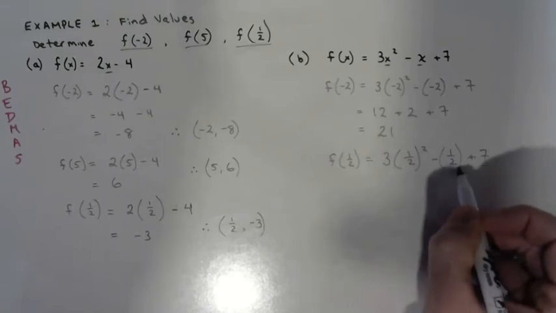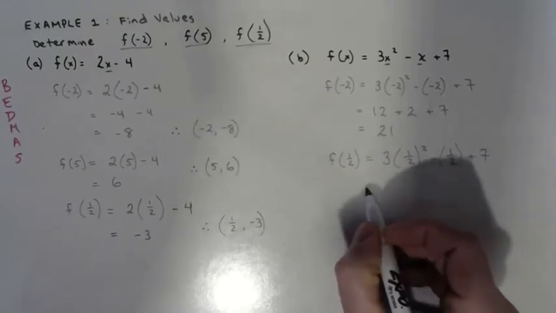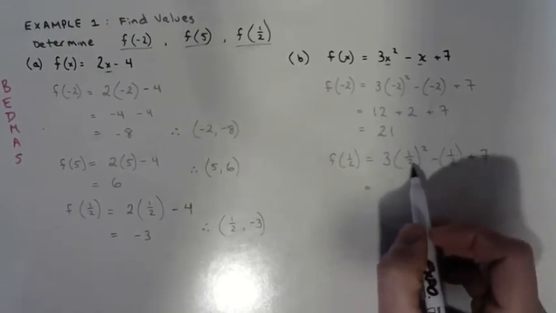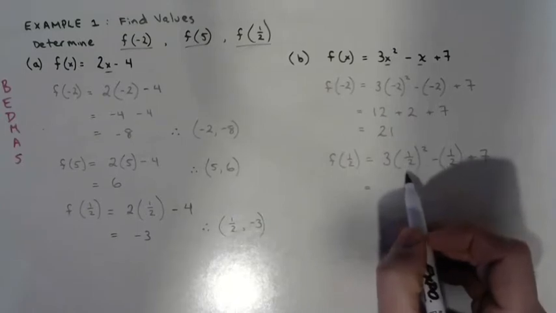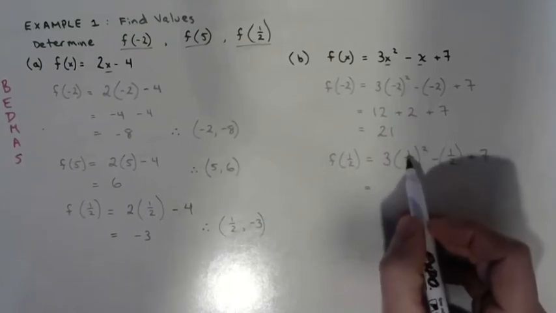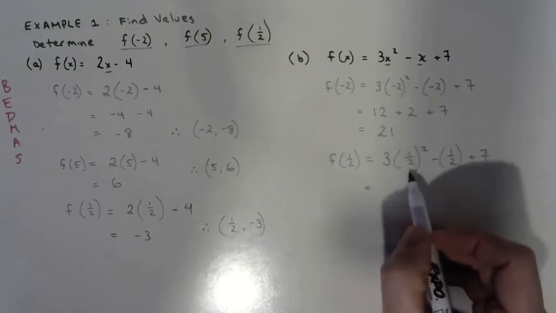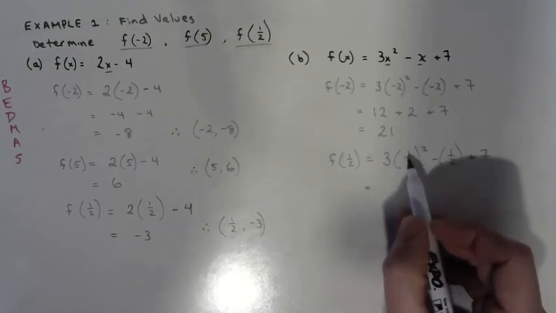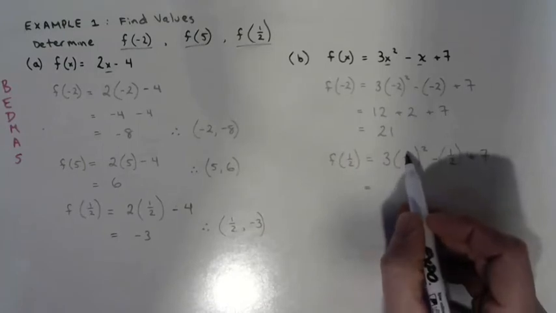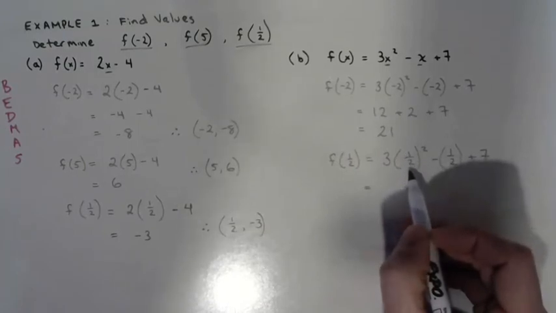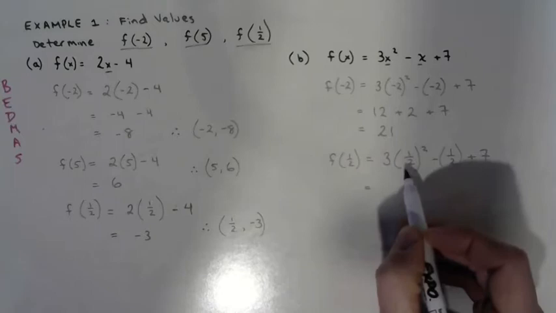I could do it, but it means the same thing, -1/2. Now here I need to make sure that I multiply 1/2 by 1/2 first. I need to square it. Well, 1/2 times 1/2 is top times top, 1 times 1, bottom times bottom, 2 times 2. Or another way to think about it is square the top and square the bottom. So that's 1/4 times 3,